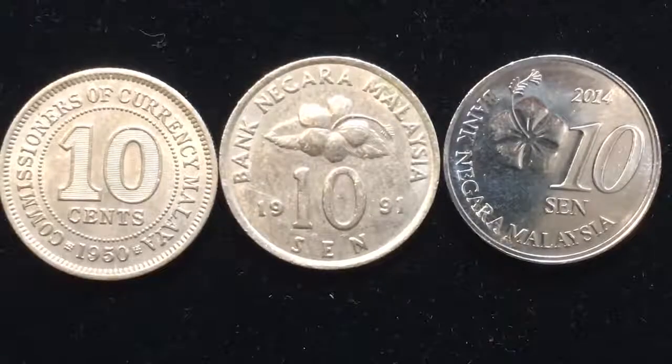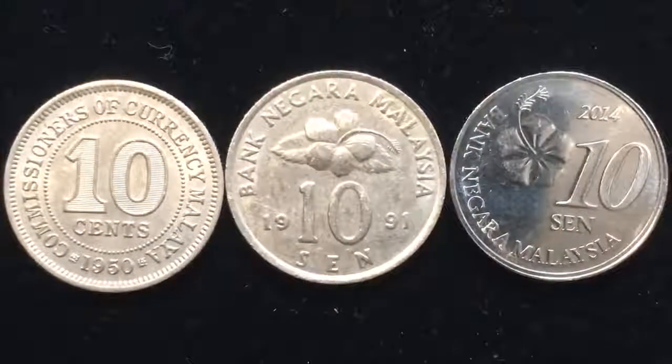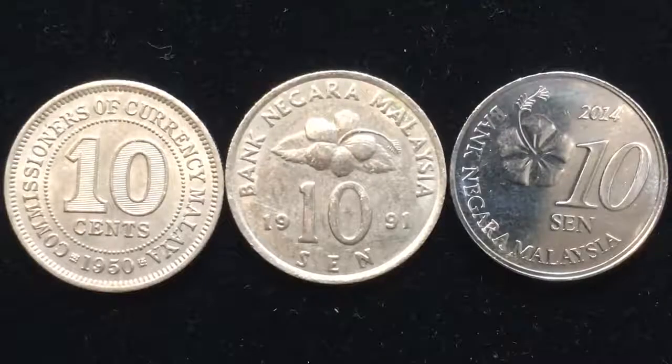Today we have three coins for you from Malaysia. And what a lot of people don't know, and we've done another video about this, talking about the 1 cent coins, how they changed from 1 cent to 1 sen. What a lot of people don't know is that Malaysia was initially part of a much bigger group of currency coins that included Singapore, Brunei, North Borneo, Sarawak, and the Riau Peninsula. And it wasn't until 1967 that all of those countries started producing their own currency